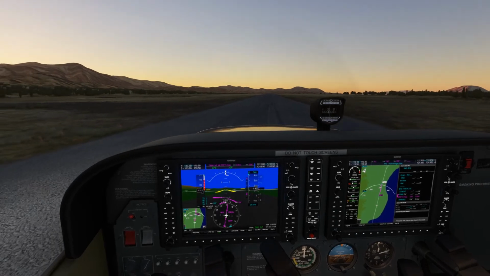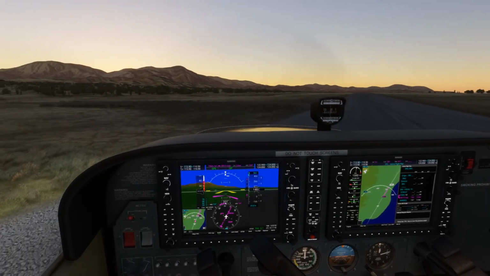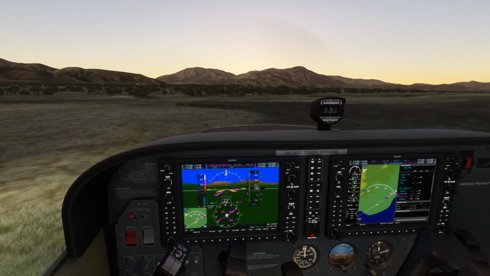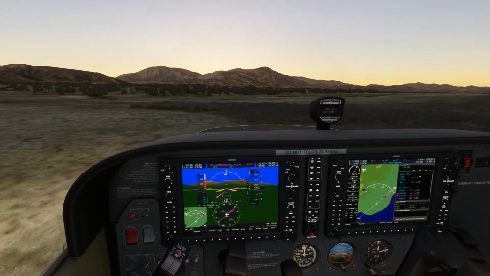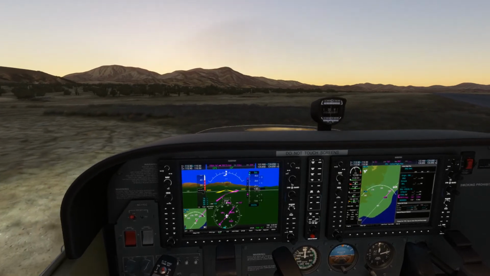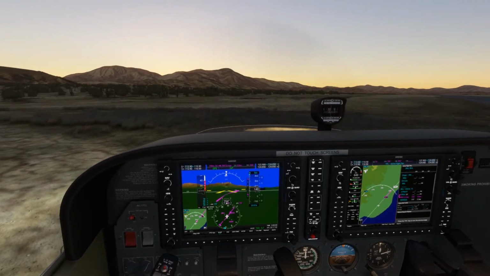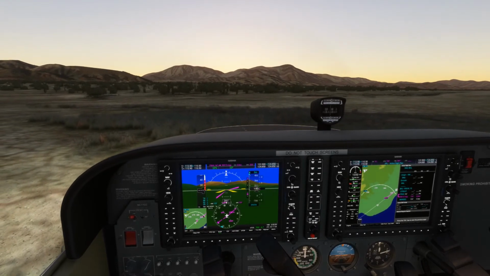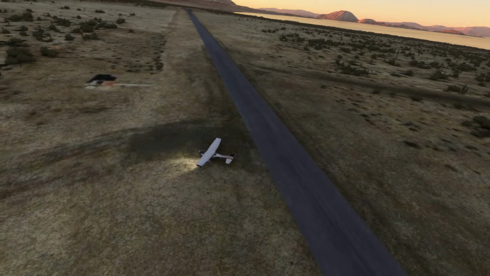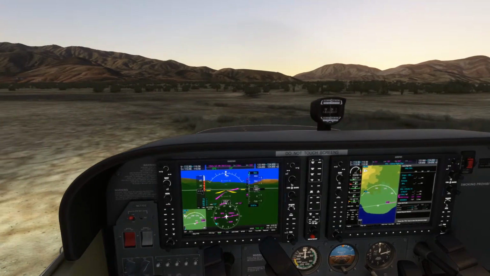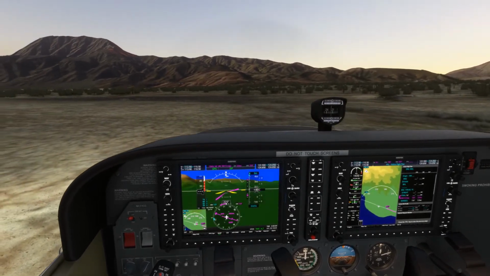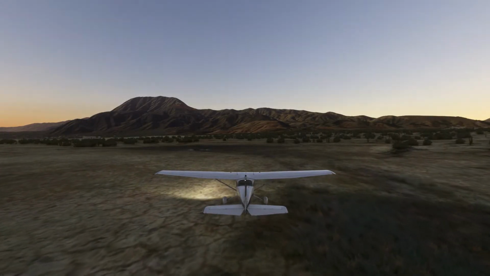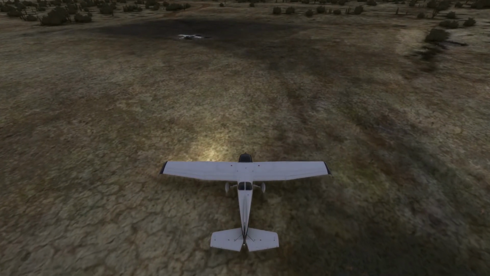So that other photographed plane, I think, is in this area here somewhere. Yeah, maybe not. There it is.